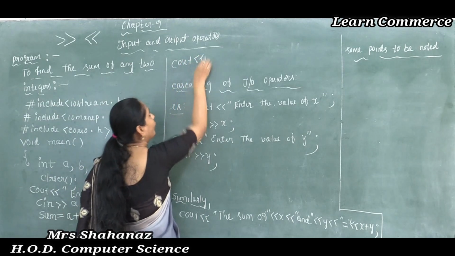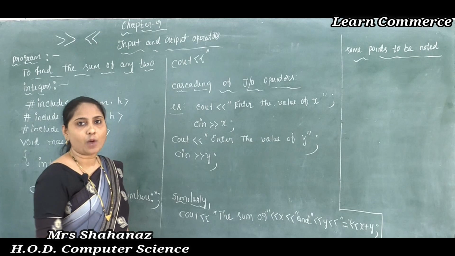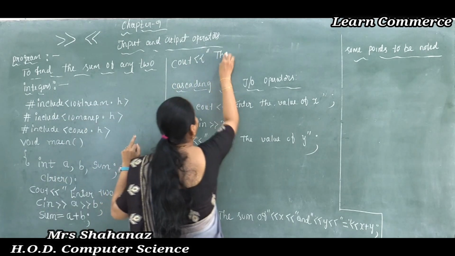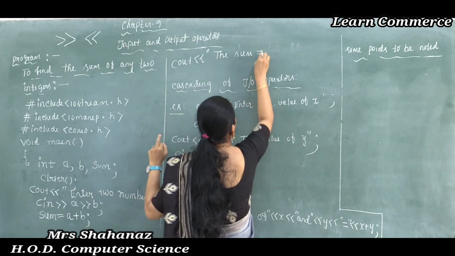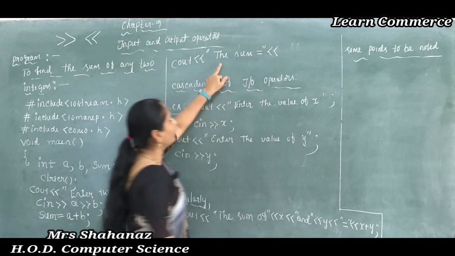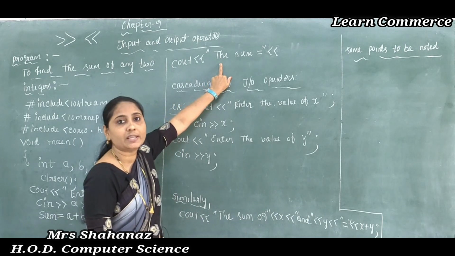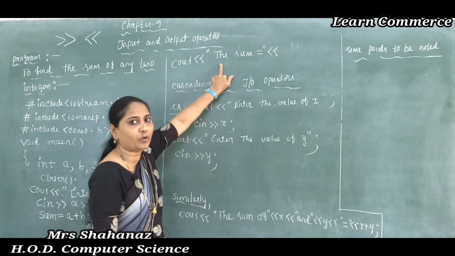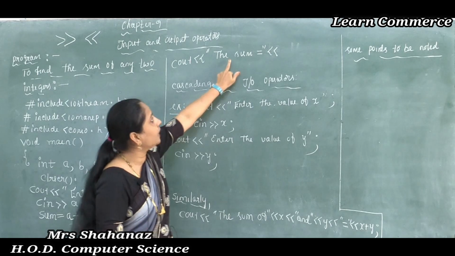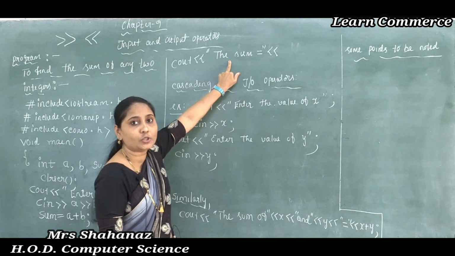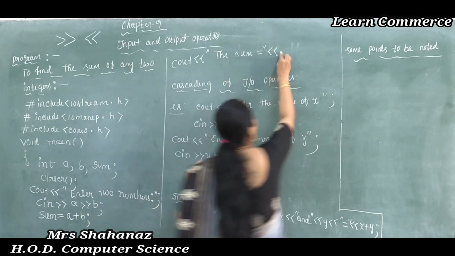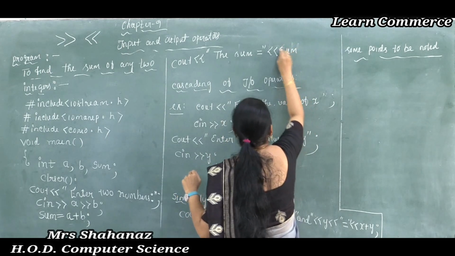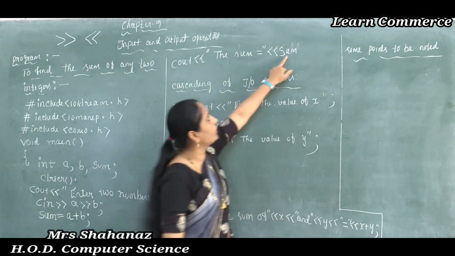That means I am going to start by using cout. Then the operator, opening of the double quotation. I am writing one message, the sum is equal to. Such message is going to display on the screen. As we know, with double quotation, what is it going to display? The sum is equal to, that is going to display on the monitor, and later next one, whatever the value of sum is, such a value is going to display here.